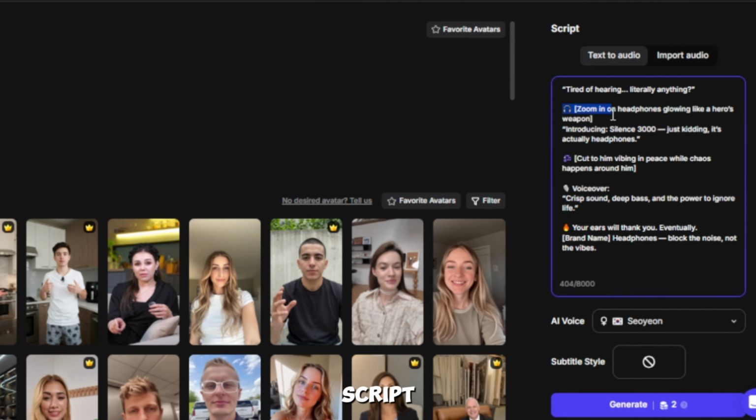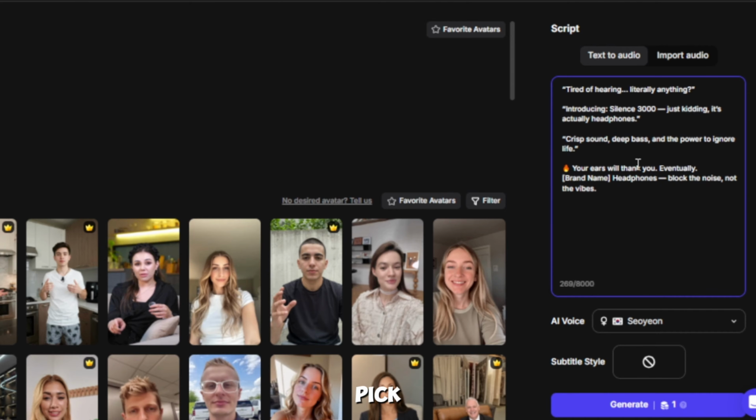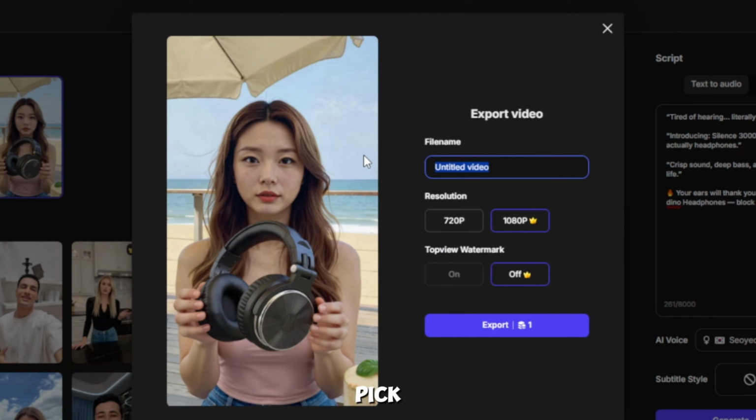Paste your custom script in the script box. Pick a voice from TopView's AI voice library or upload your own. TopView will auto lip sync the avatar to match the audio. Pick your video resolution: 720p or 1080p. Click Export and done. In under 10 minutes, you've got a polished video ready for your store, TikTok, Instagram, or